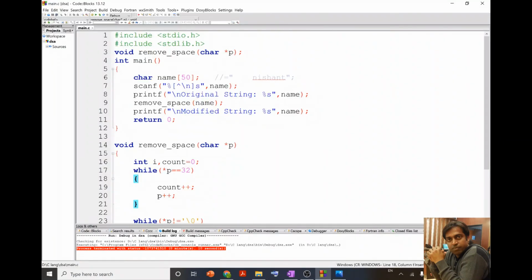Now let me run this program on the code block. Over here I have put the function declaration. In the main program I first ask the user to enter the string, I then print the original string, then I call the function to remove the leading spaces, then I print the modified string in which there will be no leading spaces.